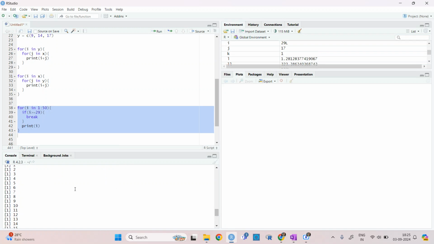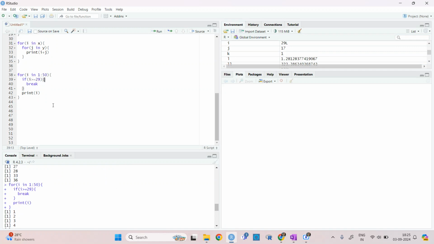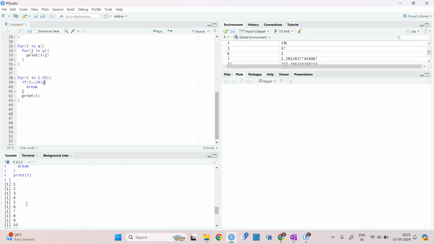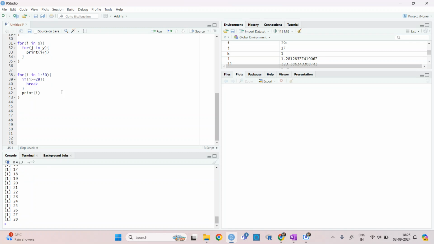Okay. So what I have given is that my I is from 1 to 50, but if the I value is greater than or equal to 29, then break at that point and print all I. So it will go through this command, if, and then it has printed up to 28, because as soon as it is 29, it has done the break command. Okay, so this one is for the break command.